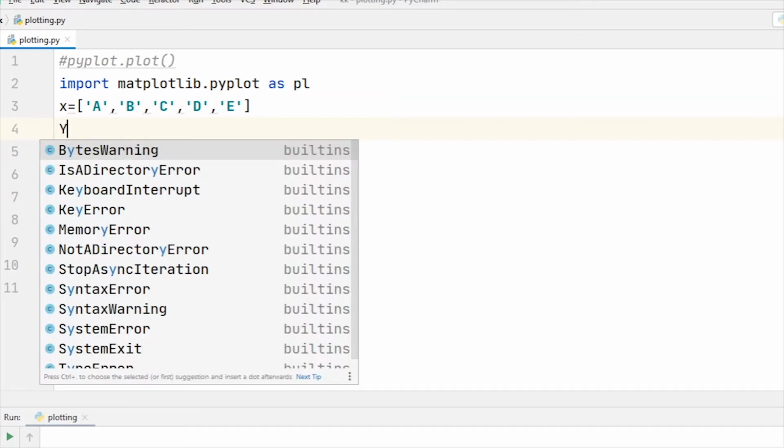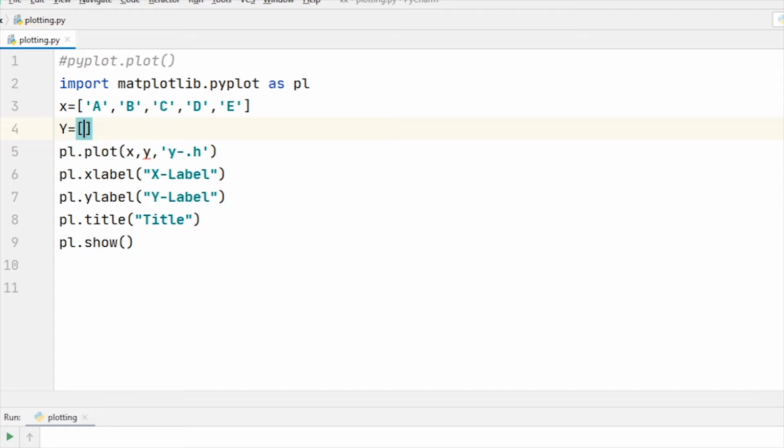And marks are y is equal to, suppose 90.8, 88.6, 98.4, 66.8 and 78.4.